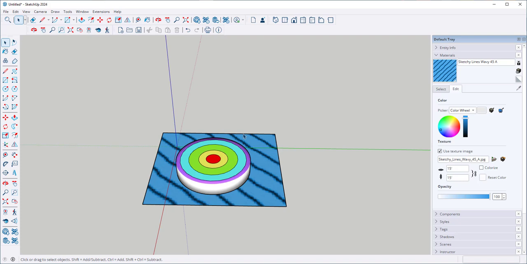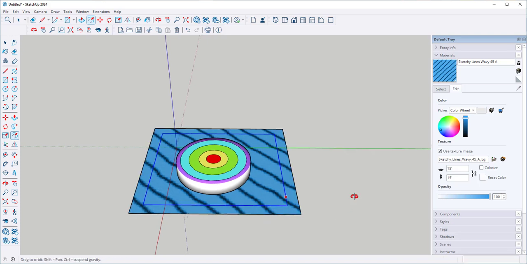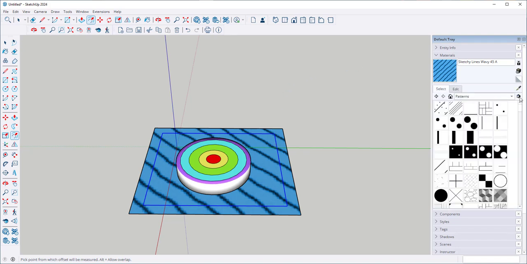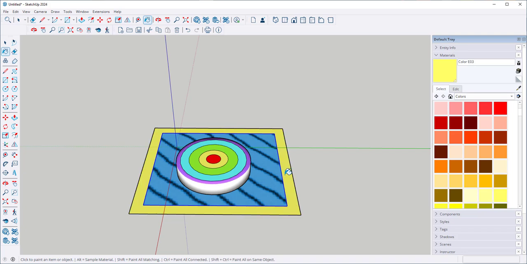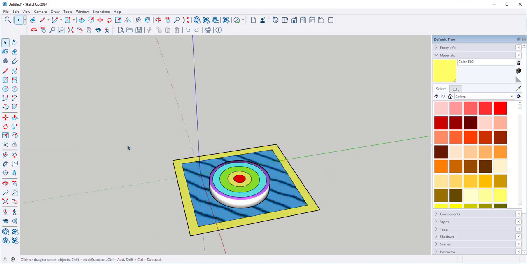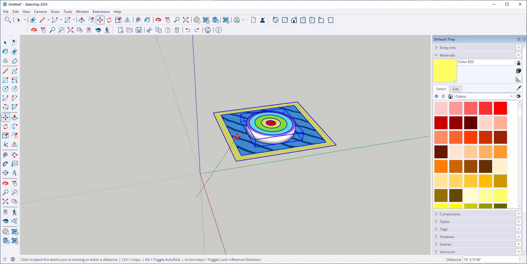Now I'm going to select, holding the Shift key down, all the edges and offset them. The pattern continues to the offset, but I can change that. Go back to Select, Colors, and I can apply a color just to that border. I'm going to move all of this so that it's not on an axis,